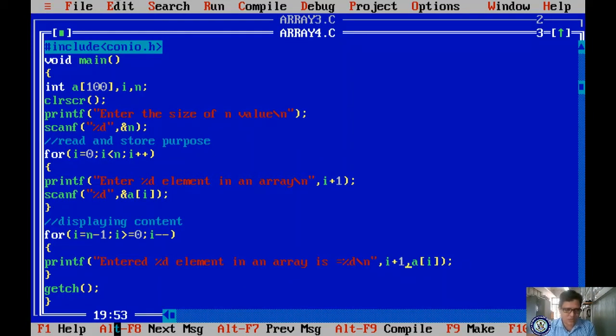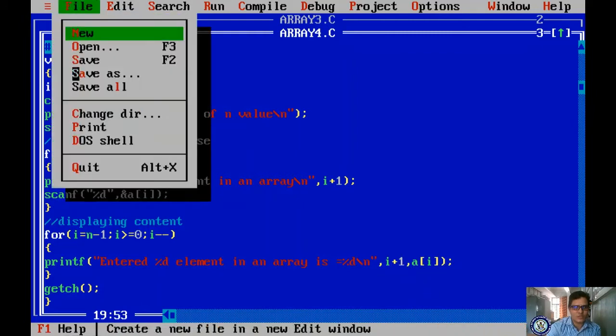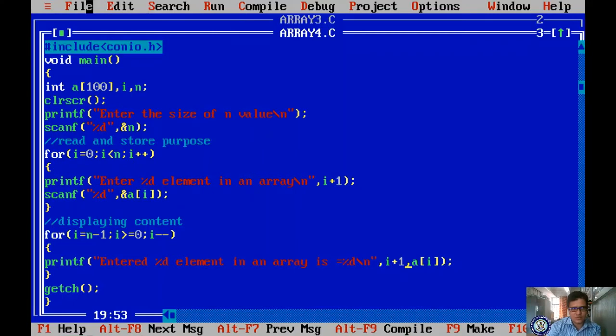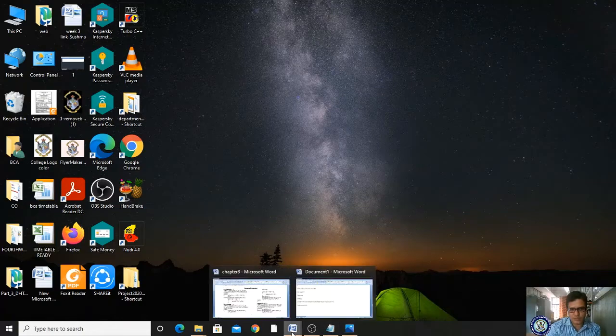The same logic. You just change that logic itself only. If you change this logic, then you are printing the stored array elements in reverse order. Hope you understand this concept. Clear? Yes. If you have any queries, please put in a WhatsApp or personally message me. I will explain to you. Okay?